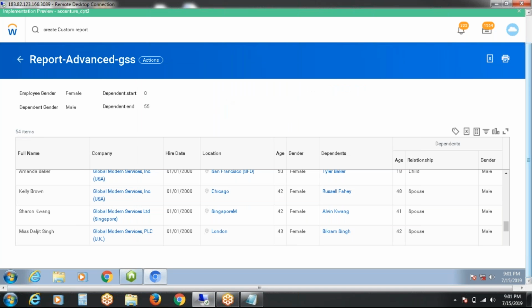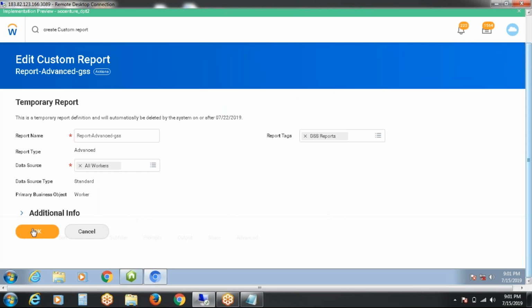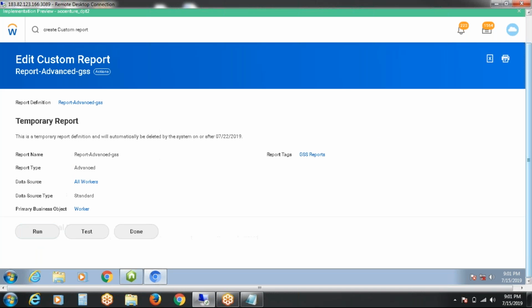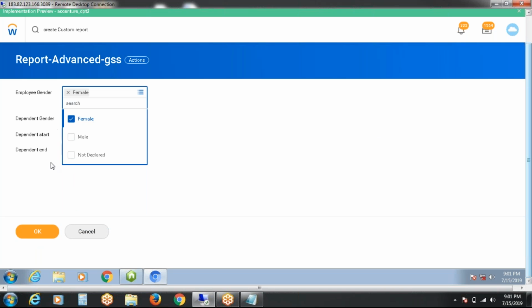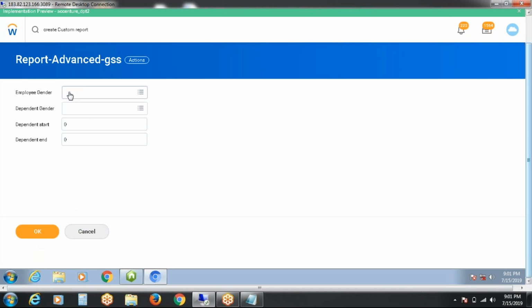Edit the report again. I'm not going to provide any age range for the dependents. Say okay. Female worker or male worker and female gender.